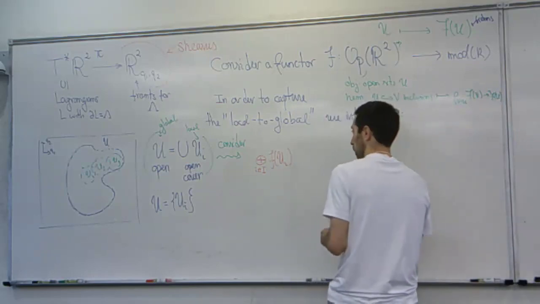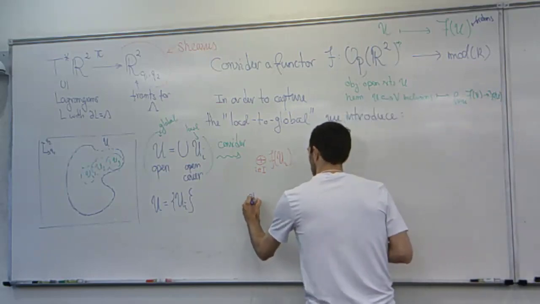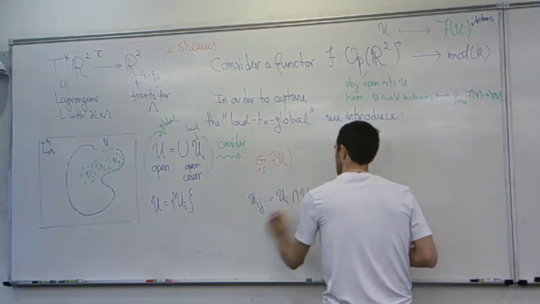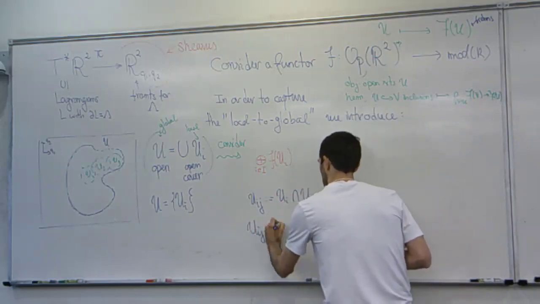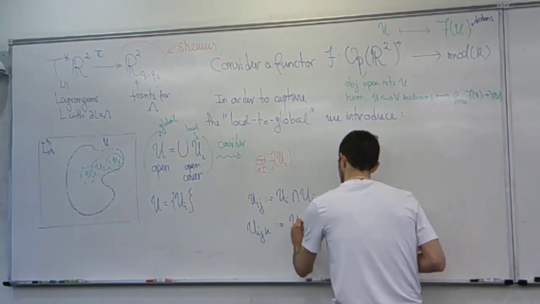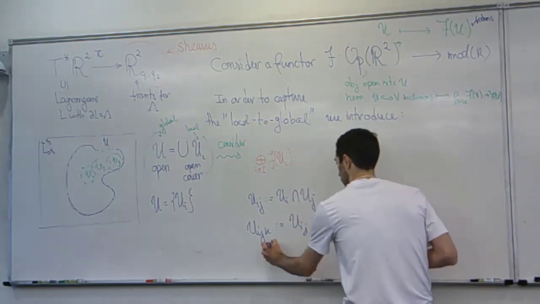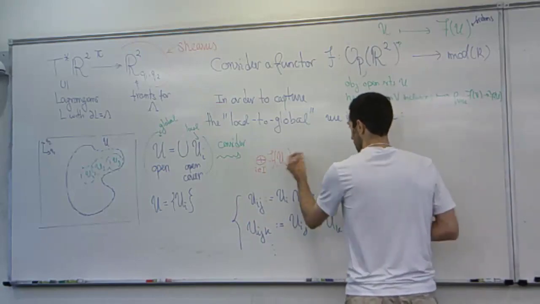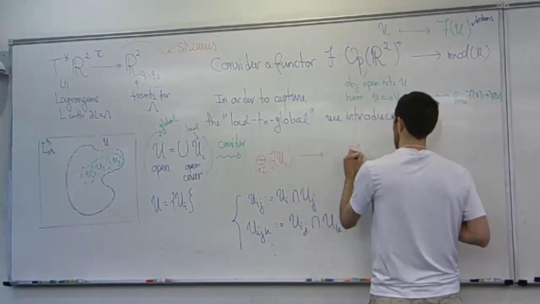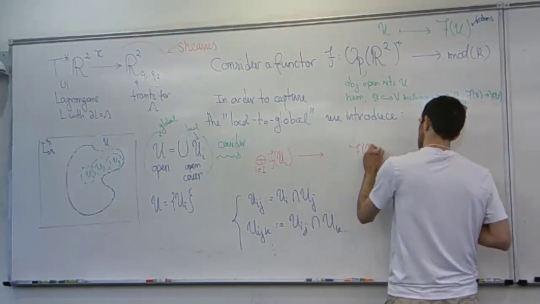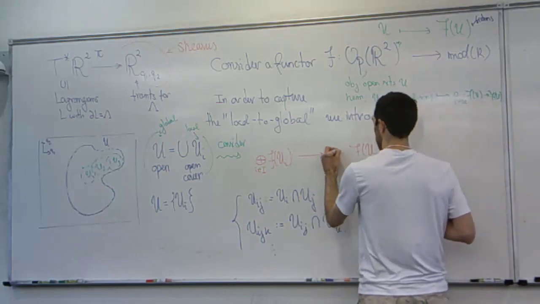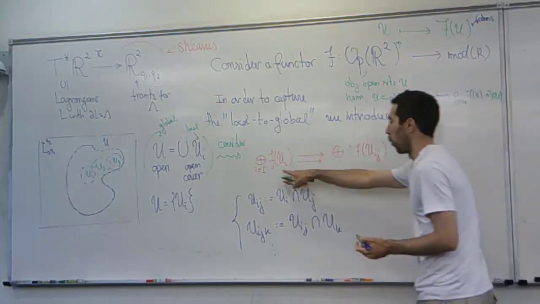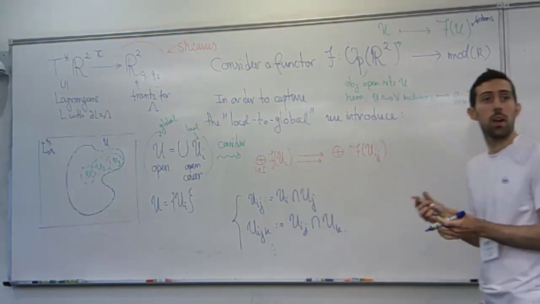So let me just very quickly denote U_ij to mean the intersection of U_i and U_j, and U_ijk to denote the intersection, so this would be U_ij intersect U_k, and so on and so forth. With this notation, each of these is going to map to U_ij for any j, and it does so in two different ways. So let's think about it for a second. So if I have here F of U1,